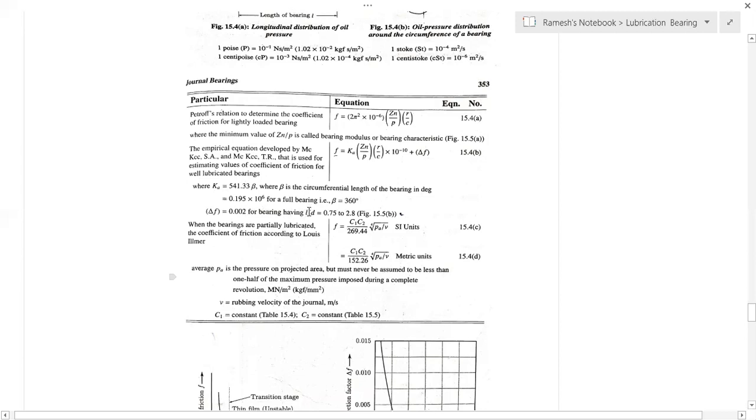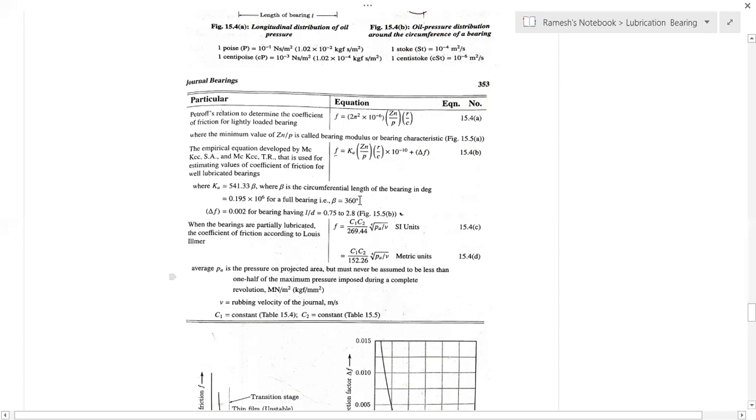Okay, how to find that? It is the L by D ratio. Already in the given statement, he has given that L by D is equal to 1.5. That 1.5 value is in between 0.75 to 2.8. As a result, the value is in between that. That's why I can take delta F as 0.002. You need to note this down, it is important.